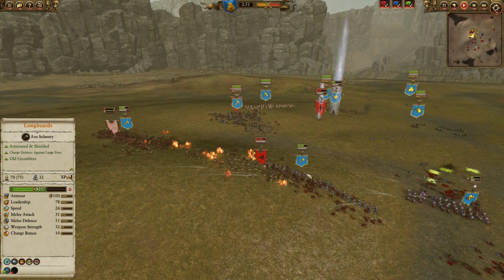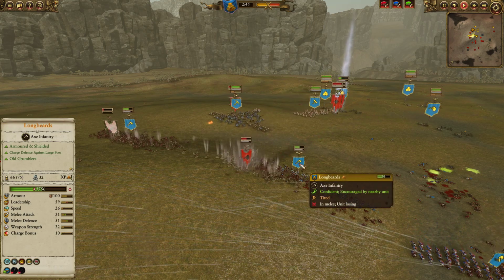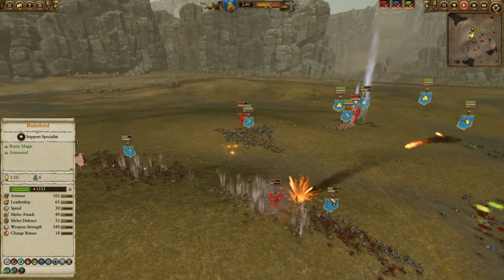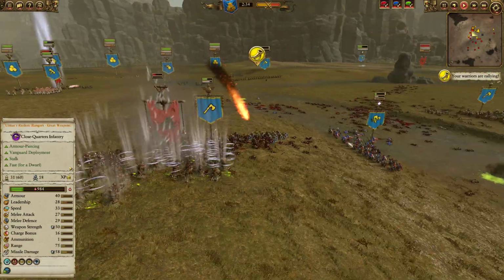They're not really getting hurt by these Clan Rats, and the Plague Monk Sensor Bears, who should counter them, even with the magic resist, there's just so much magic resist that they just don't care. And now another Lunar Vathan going down, destroying them, and the Flame Cannon shifting fire, and the barrage is coming in hot and heavy, and just look at those explosions, those poor little rats just getting sent flying by that